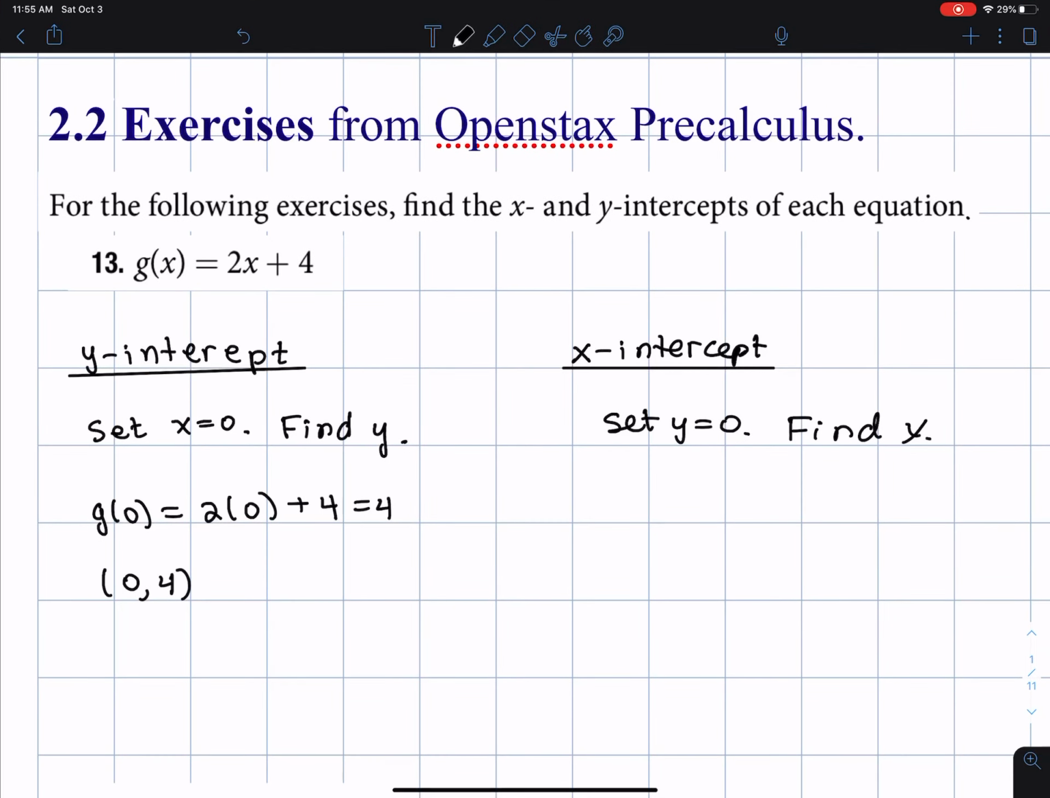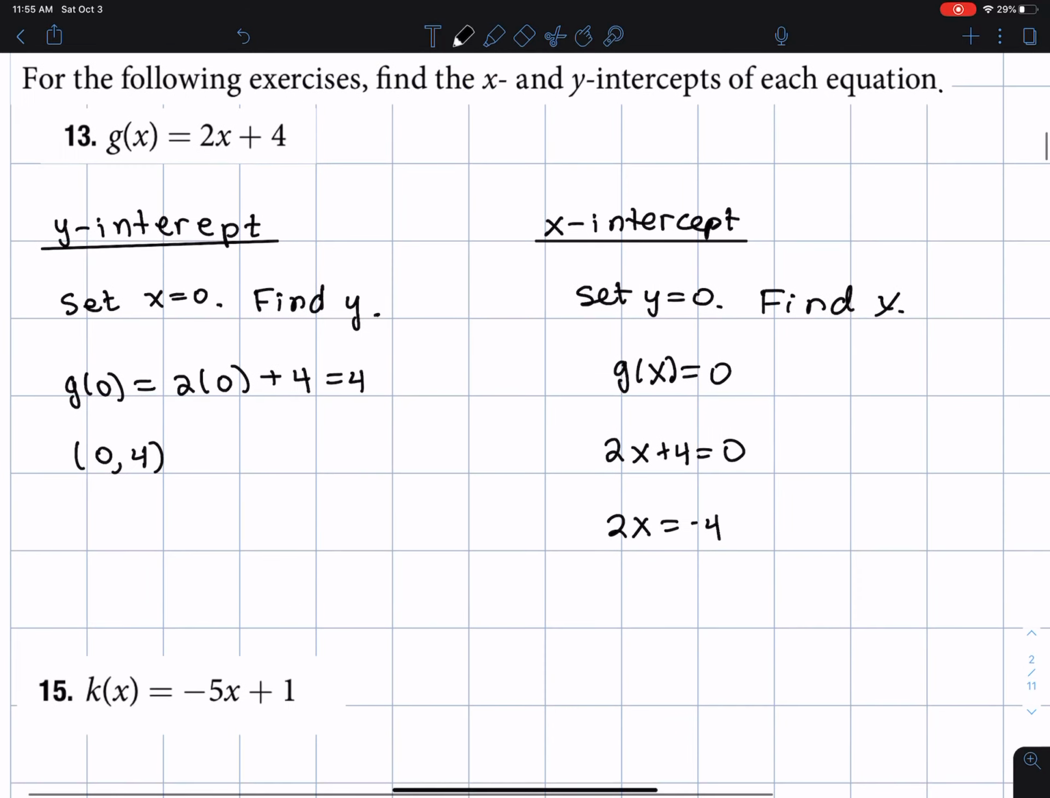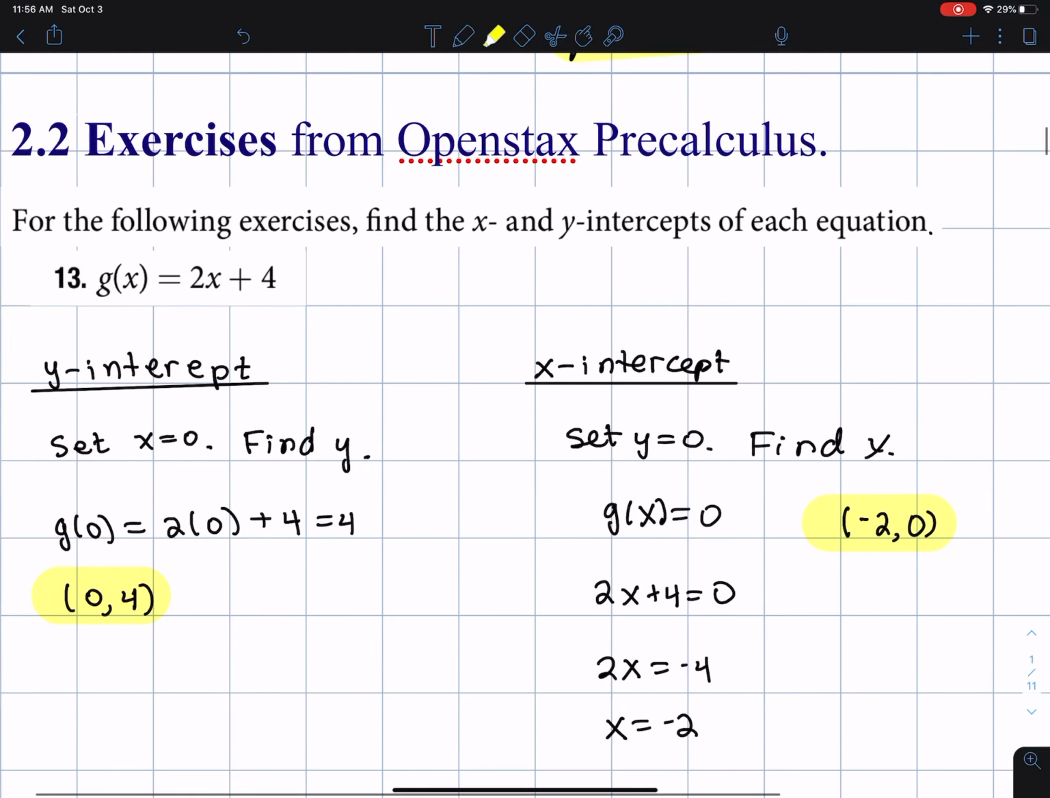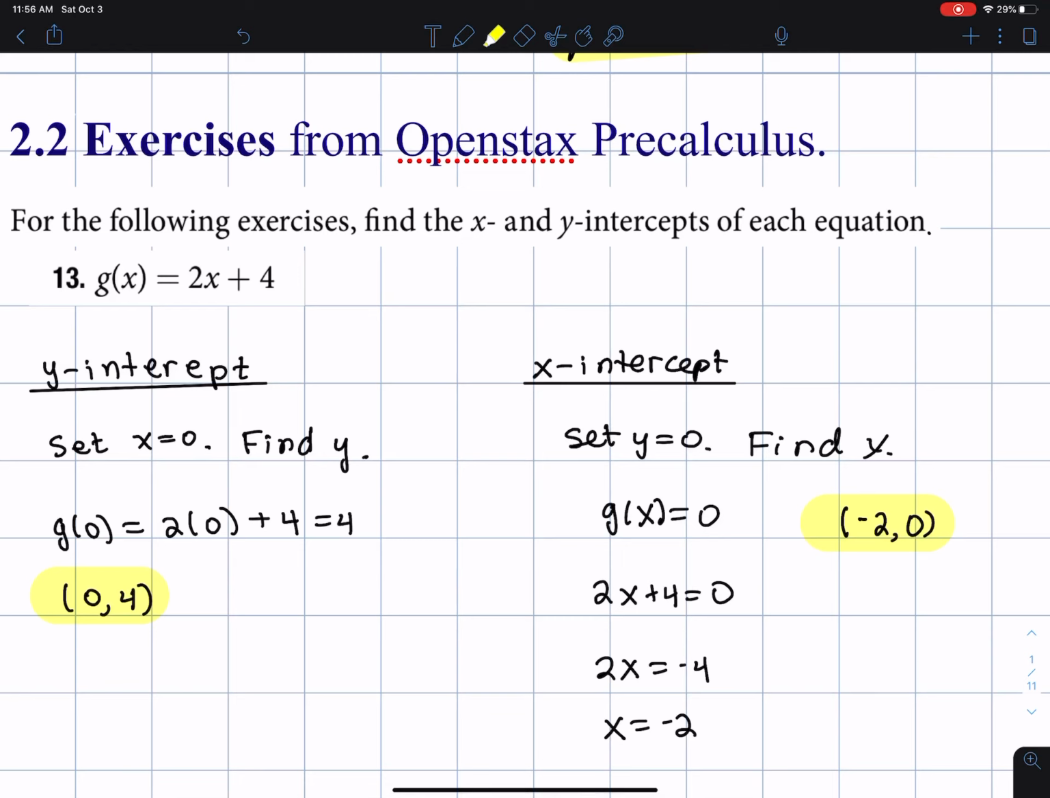So I'll start off, I have g of x equals 0. In other words, 2x plus 4 equals 0. And then I do some pretty elementary stuff here to get the point (-2, 0). So the intercepts are actually points, so I don't think it's quite enough to just say x equals -2 or y equals 4. Some people will do it that way, but